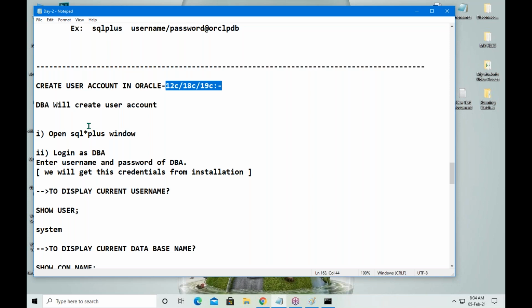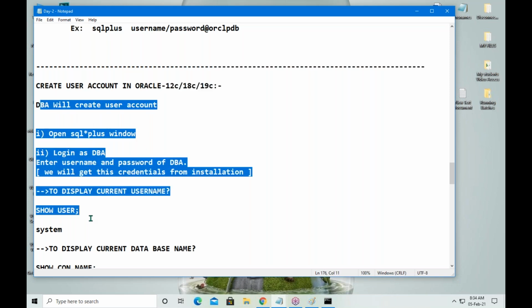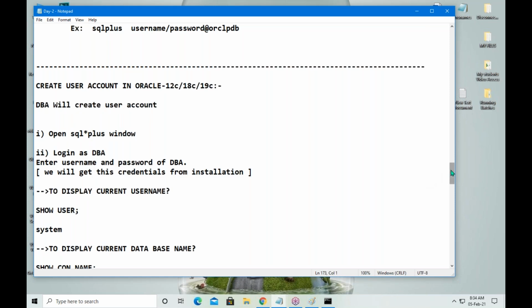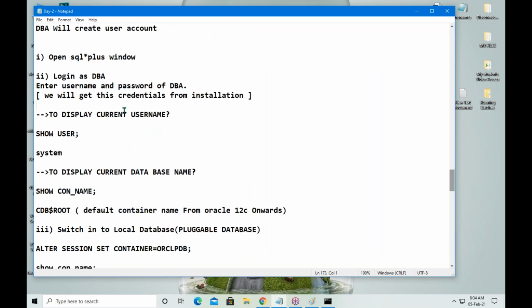Each and every step I have explained here is given. Open SQL Plus, login as DBA, and if you want to know the current username, execute this command. This is the result. And if you want to know the current database name, execute this command.